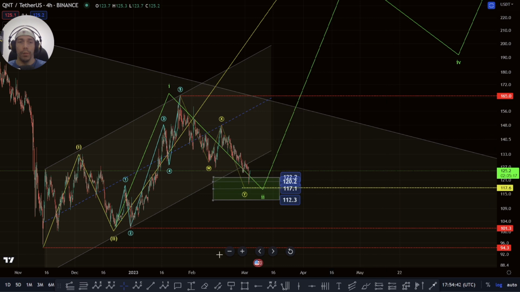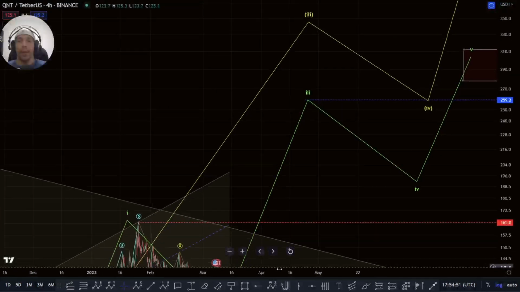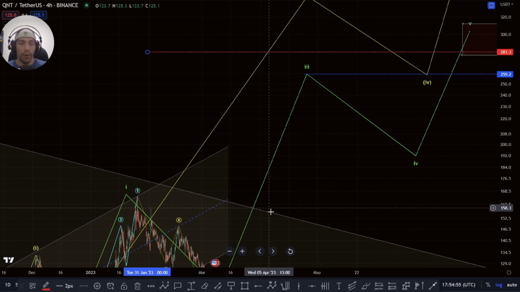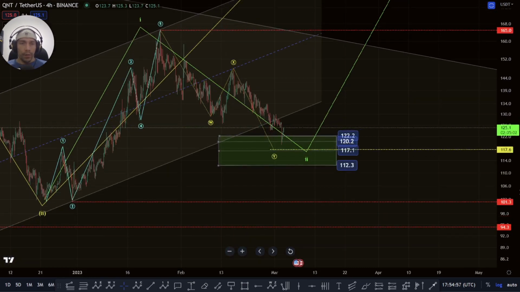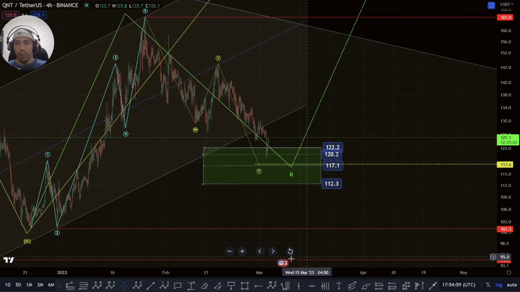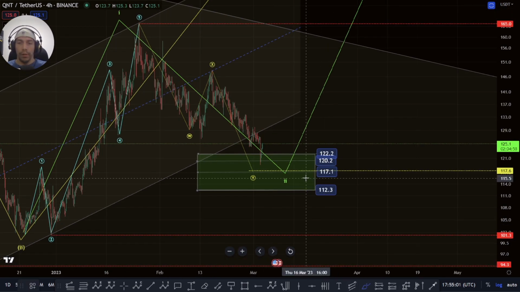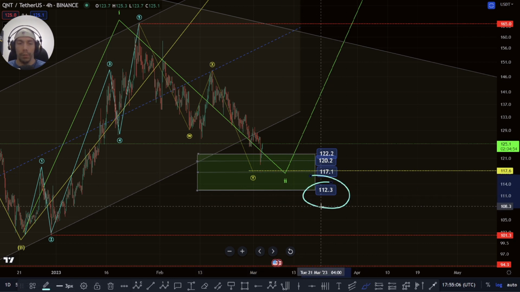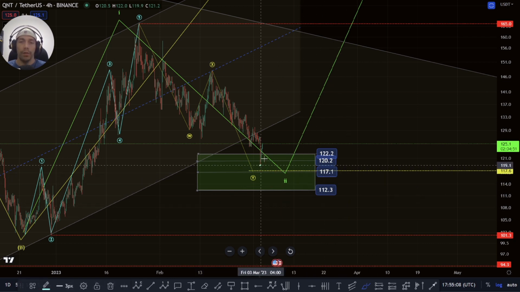Now, as with this one, we have the possibility of that five-wave move to the upside, which we were talking about for a while now, where we're setting up for a bigger structure here, where this becomes a 1-2 and another 1-2 here. And then we'd be looking for this move to go up towards this 259. For the most part, this is fine as long as we manage to hold this 101. We haven't crossed this 786 line here, which would be this 112.3,